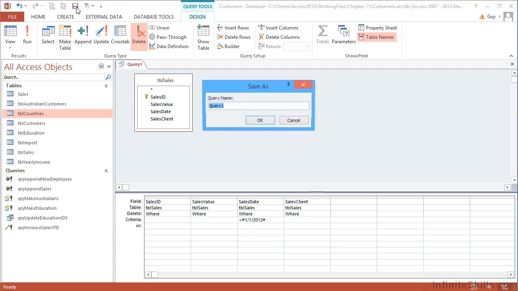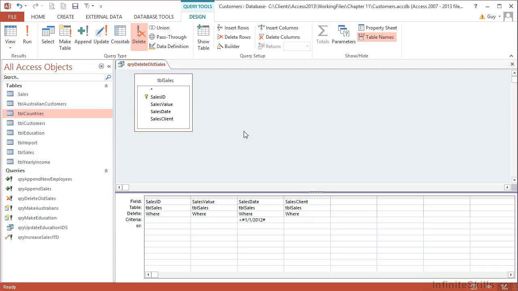Now let's just save this before we run it, so you can see how it looks in the navigation pane. So, query delete old sales. Okay. You can see that it appears with the now familiar black exclamation mark to say I'm an action query, but a red cross to indicate that I'm a delete action query. So when I now run this query, it